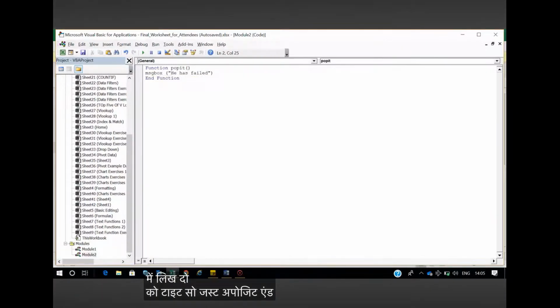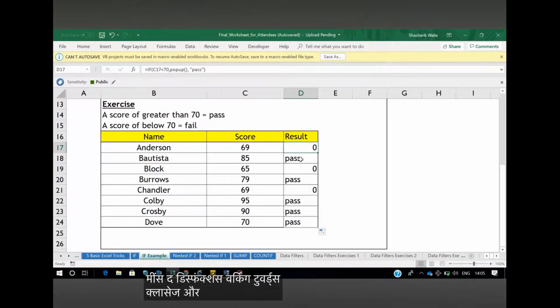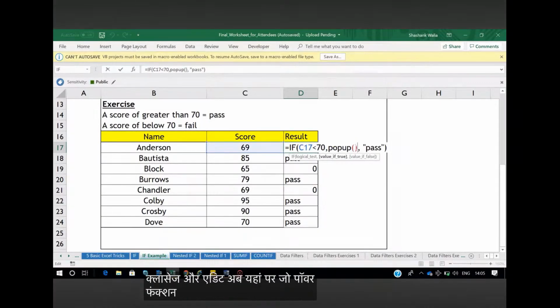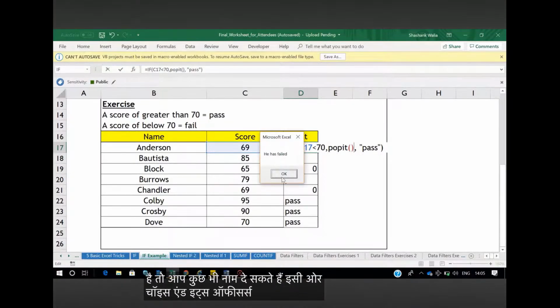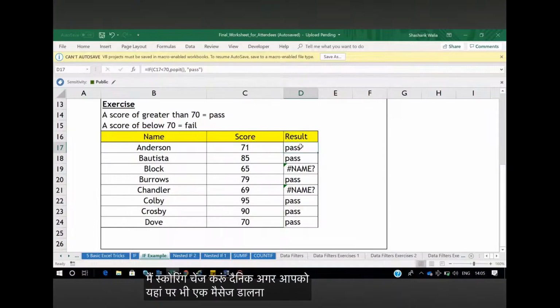सो जस्ट क्लोज इट एंड देन टेस्ट इट। जो भी आप फंक्शन लेते हैं उसको टेस्ट करने के लिए आप रन ऑप्शन पे जाइए, इट विल शो कि आपका वो फंक्शन सही है कि नहीं, तो he has failed, इट मीन्स दैट दिस फंक्शन इज वर्किंग। तो जस्ट क्लोज इट एंड नाउ एडिट इट। अब यहाँ पे जो पॉपअप फंक्शन मैंने बनाया था इसको मैं एडिट करके यहाँ पे डालूंगा पॉप इट। तो आप कुछ भी नाम दे सकते हैं, इट्स योर चॉइस, एंटर इट। सो ही हैज फेल्ड, राइट। अगर मैं इसका स्कोरिंग चेंज करूं देन अगर आपको यहाँ पे भी एक मैसेज डालना है देन यू कैन ऑल्सो डू दैट, बट दिस इज जस्ट वन सिंपल एग्जाम्पल।